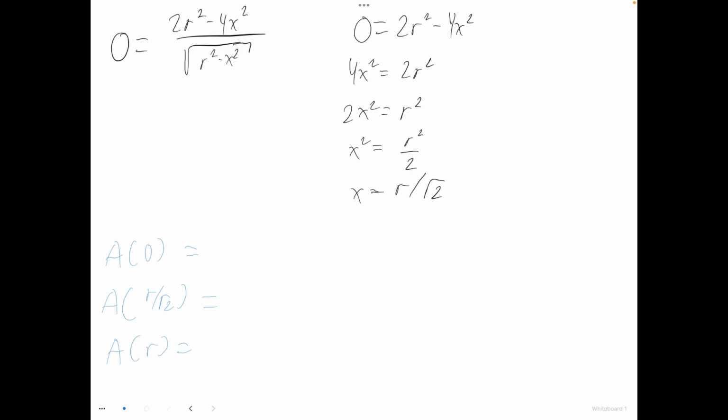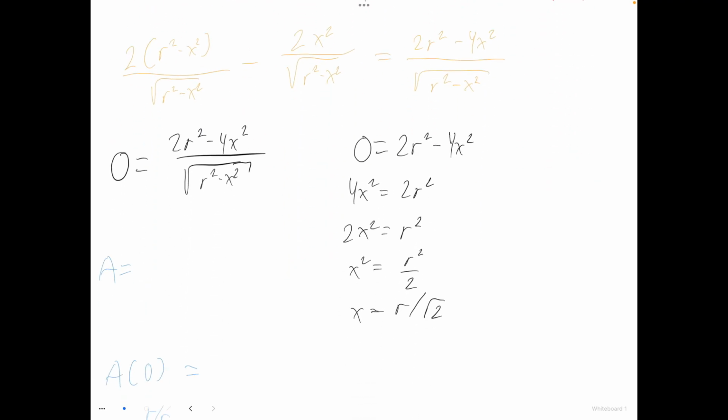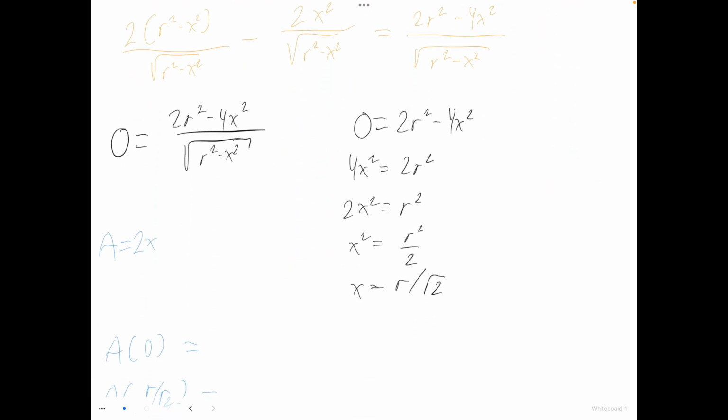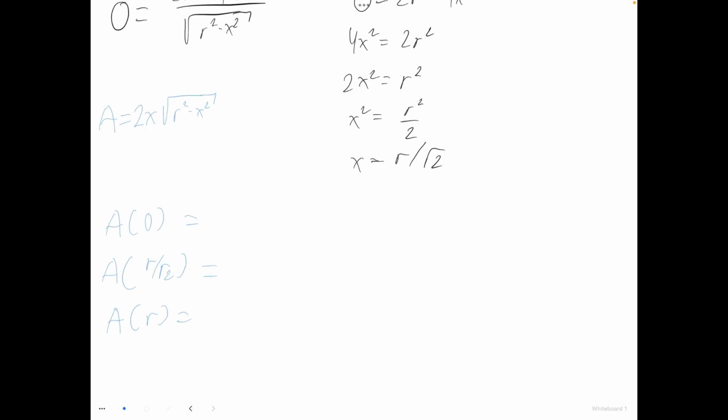Now if we plug in 0, again, our area formula, if you don't remember, was 2x times the square root of r squared minus x squared. So if we plug in 0 for x, we're going to clearly get out 0 because we have a 2x in front. If we plug r in, the square root of r squared minus x squared is 0, so we get out 0. And if we plug in r over the square root of 2, we get 2r over the